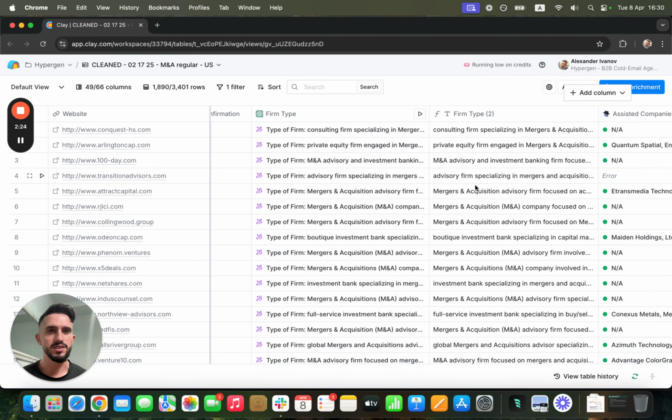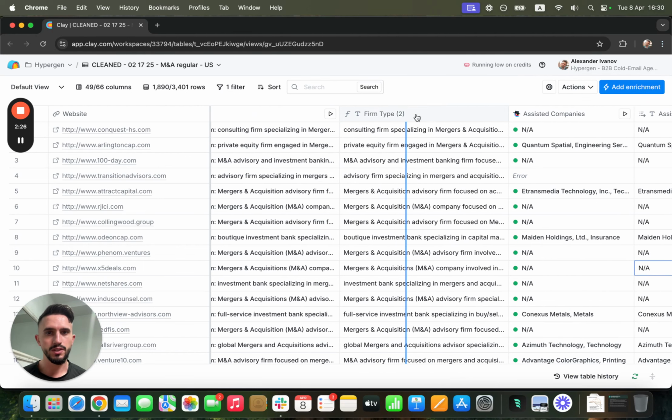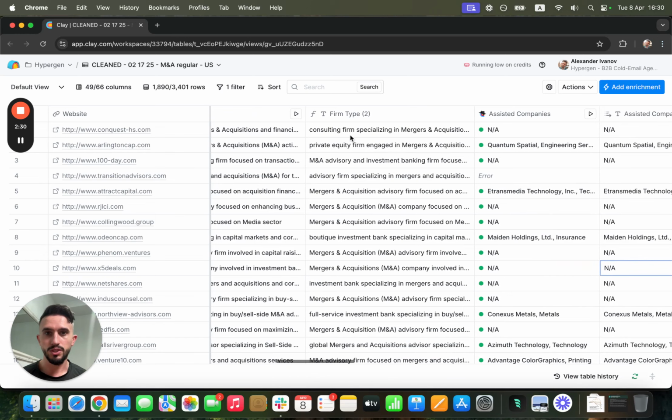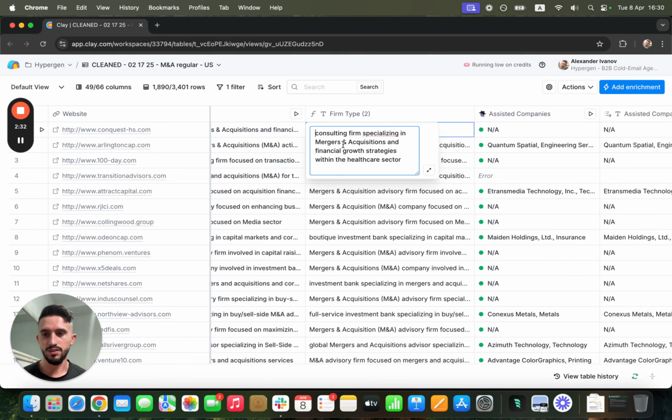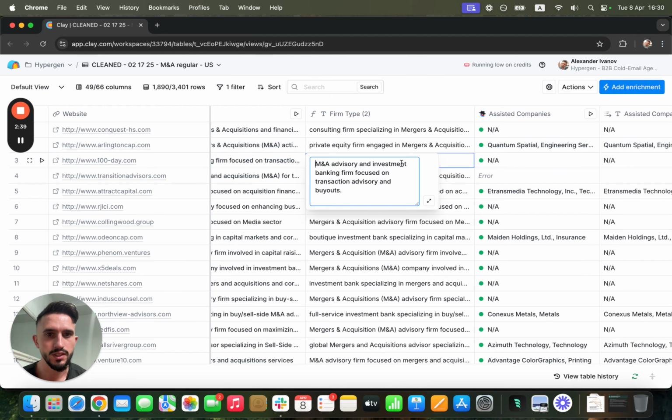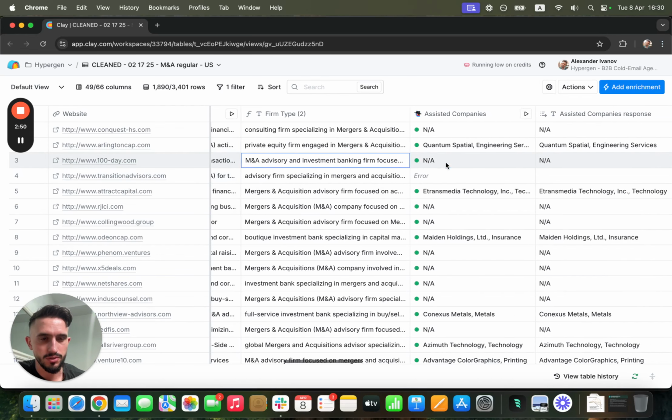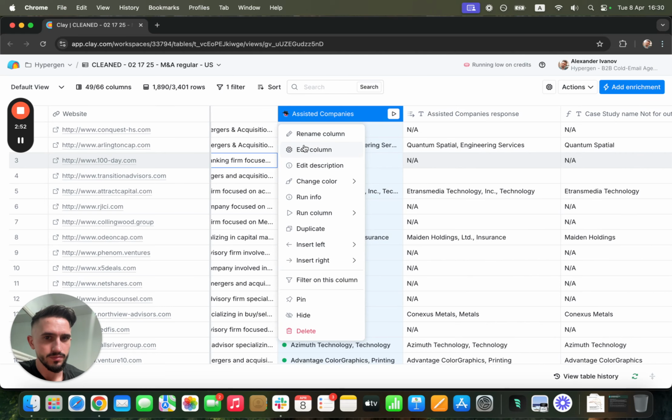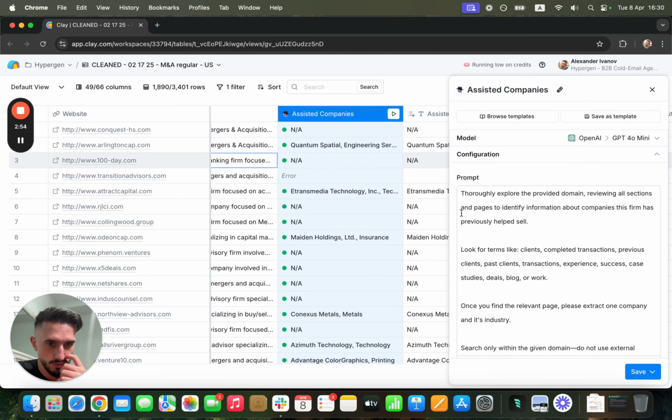Now when we get that output, we'll be able to mention that in the copy. We can just see some of the outputs here. These guys are focused on the healthcare sector. These guys, let's see, sometimes it doesn't get a lot of info because some of these websites don't have anything, so you need to sort through that. Okay, and you'll see the output. We'll find it later on as well.